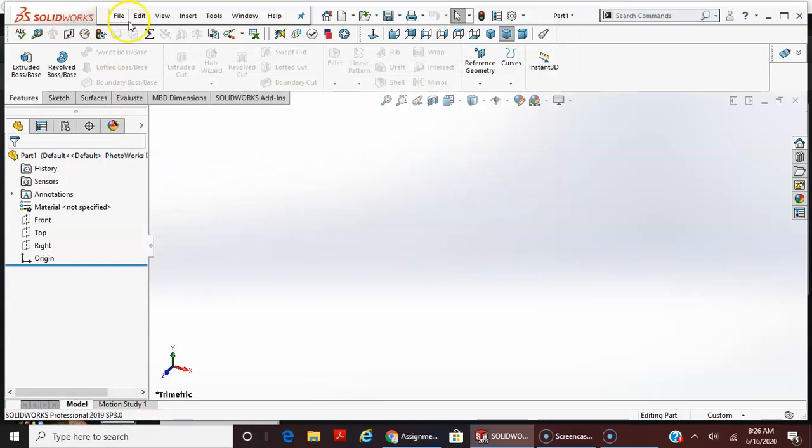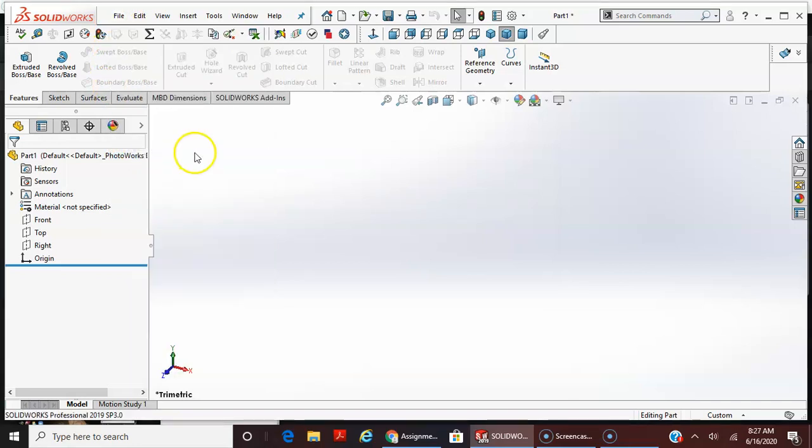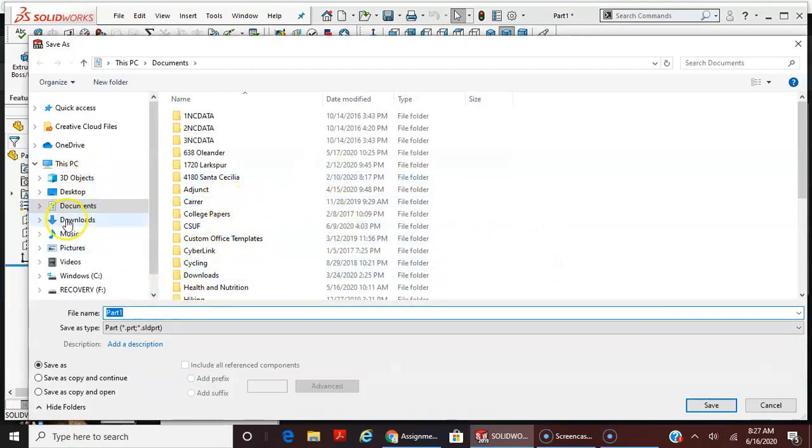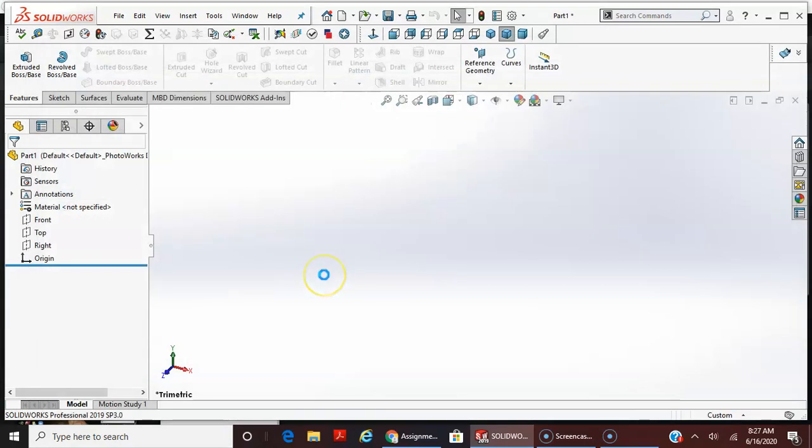And I'm also going to do this, and part of what we'll go through this semester is file management, and later on when we do assemblies this will be certainly a lot more important. But I'm going to do a File, Save As, and I'm going to pick my location, and in this case I'll just put it on my desktop. And we're always going to use the naming convention